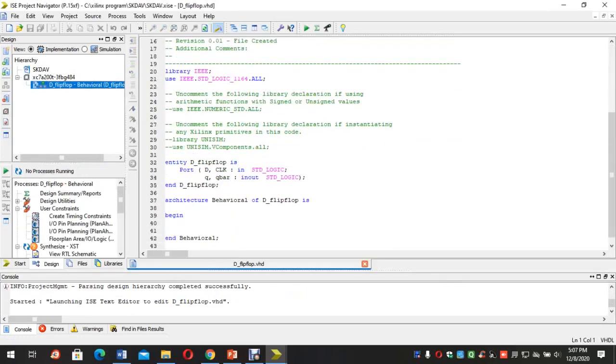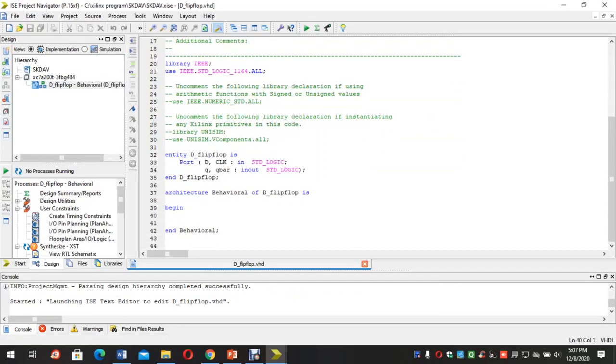So here we have to declare the functionality, as I already discussed, so I write it directly. D1 assignment operator D NAND CLK.